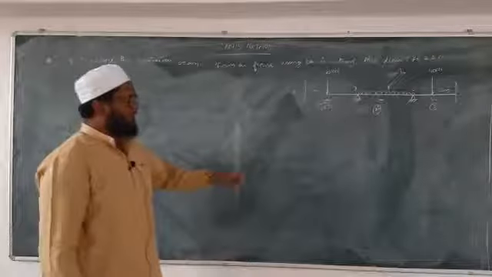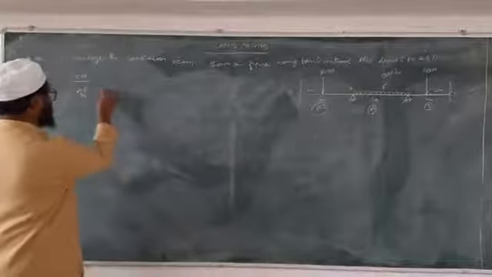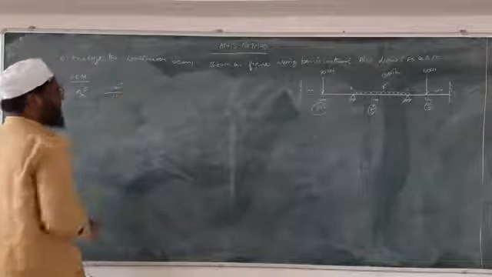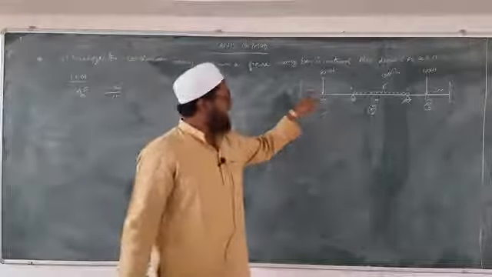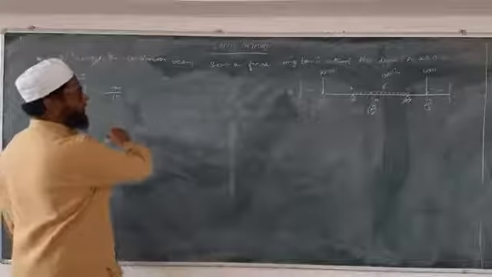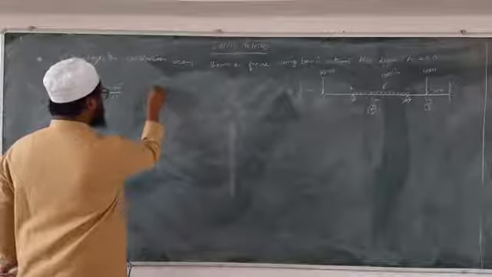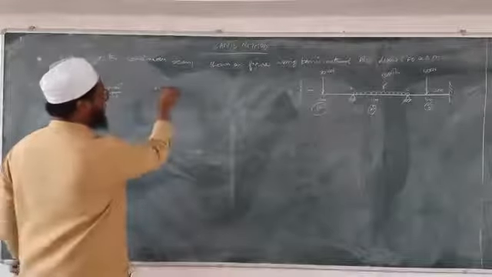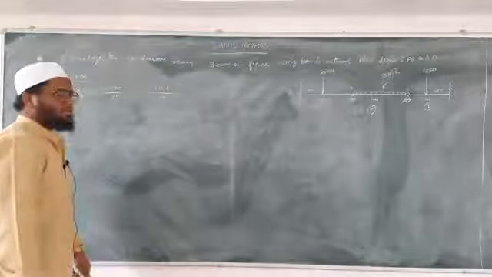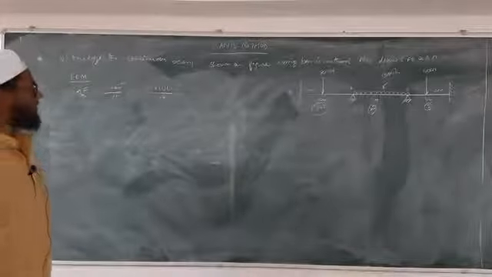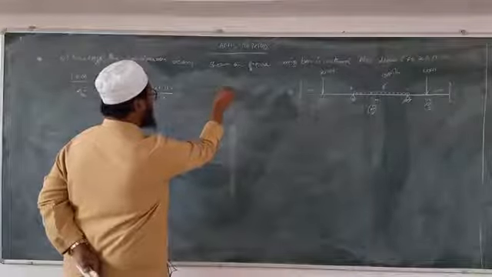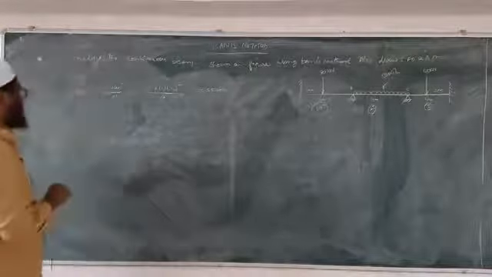So I'll write here fixed end moments, that is MFAB. MFAB will be equal to how much? Minus Wab square by L square. What is a? a is 1 and b is 2 now. Total span is 3. So tell me, what is W? W is 80. Minus 80 into 1 into 2 square whole divided by 3 square. Tell me this value. 35.5. Minus 35.55 kilonewton meter. Right.